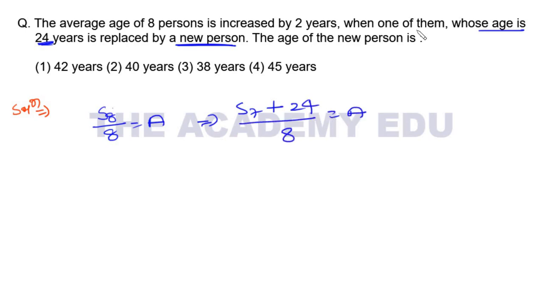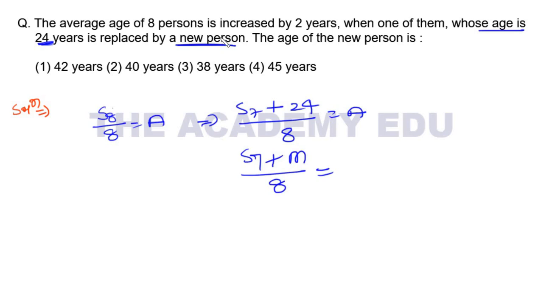Now the question is saying that when one of them whose age is 24 is replaced by someone else. So this 7 persons remain and the one aged 24 is replaced. Now the new man comes, whose age is M. So the remaining persons are 8, replaced by a new person. The age of the new person is